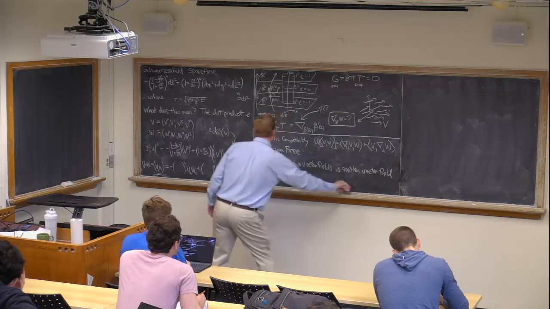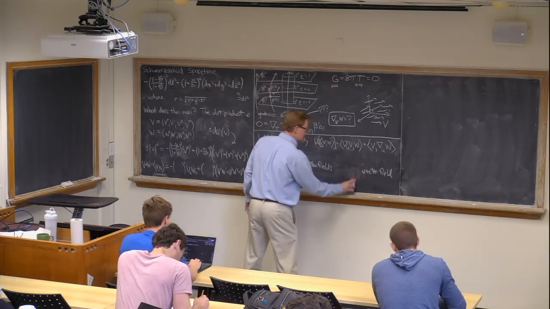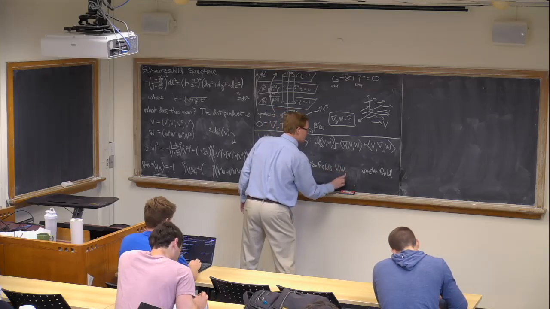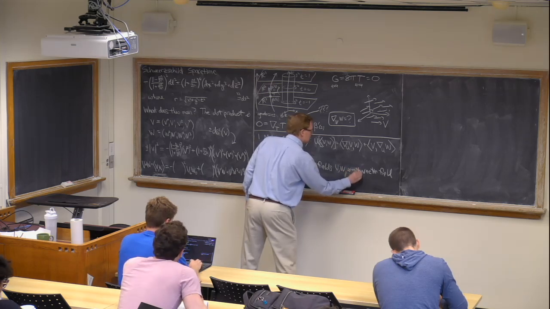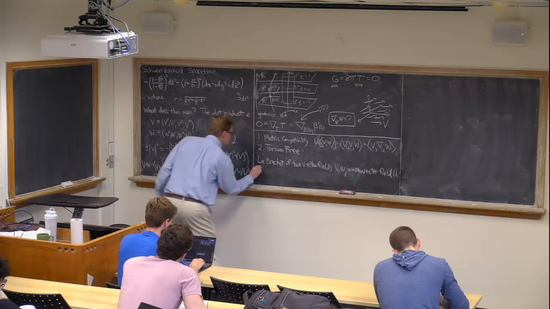Okay, so let me in fact name it. The Lie bracket of two vector fields, let's call the vector fields v and w, is another vector field u such that